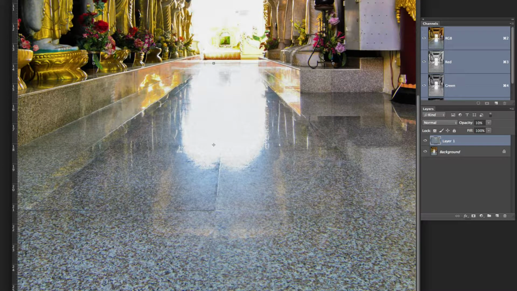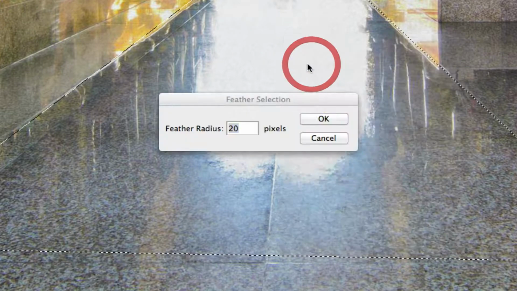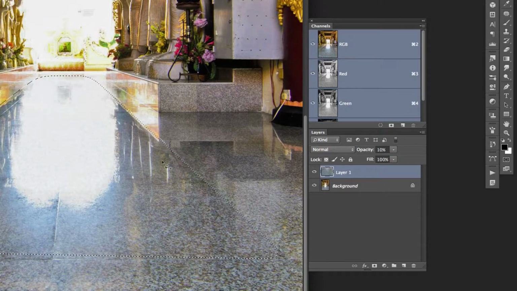You can always reduce opacity to see what you are doing, and then later you can increase it to 100% when you finish. Okay, now I'm selecting the floor area by selecting one of the selection tools. It is your choice actually which tool you want to select. I have selected the poly. Select it and then feather it by 20 and then click OK,